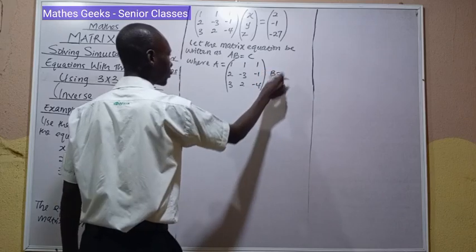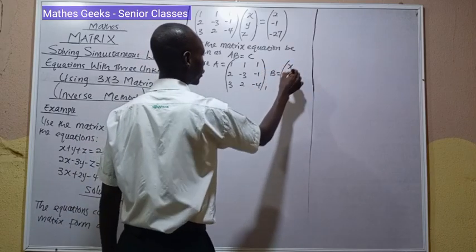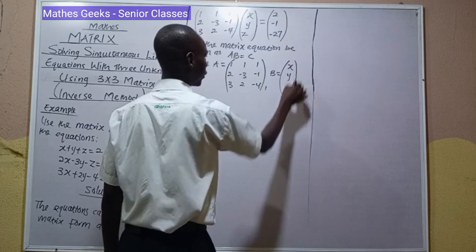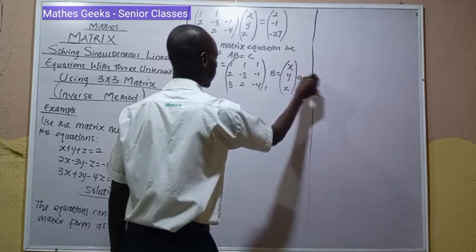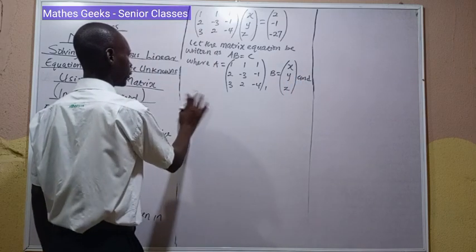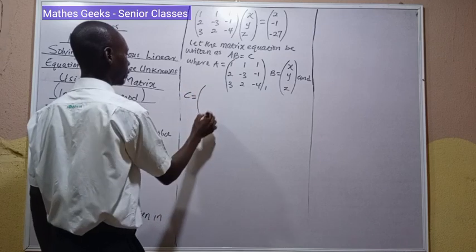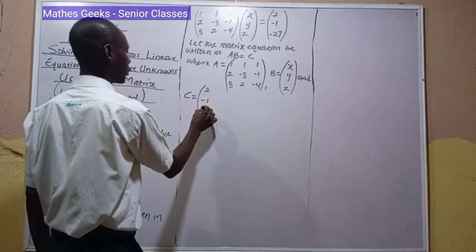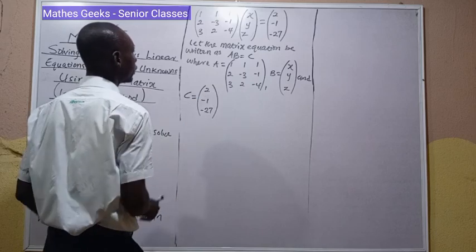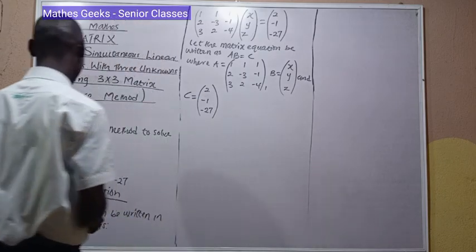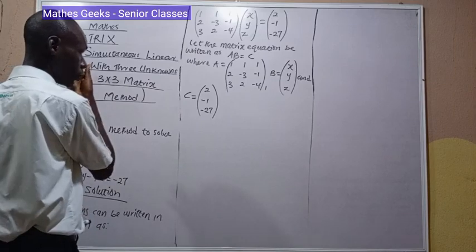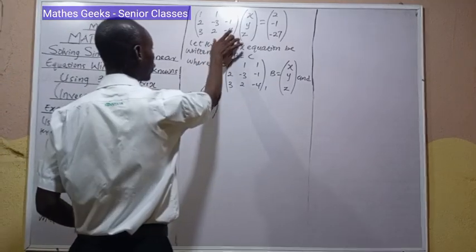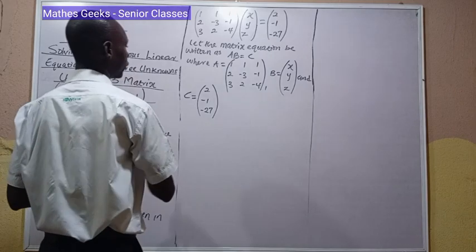B is equal to x, y, z, and C is equal to 2, minus 1, minus 7. So to solve for these unknowns using matrix, it implies